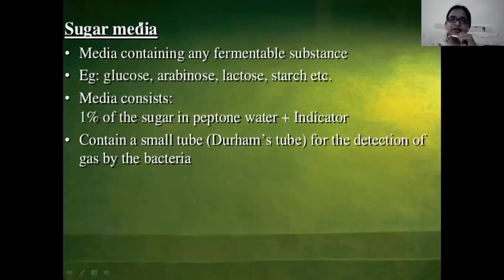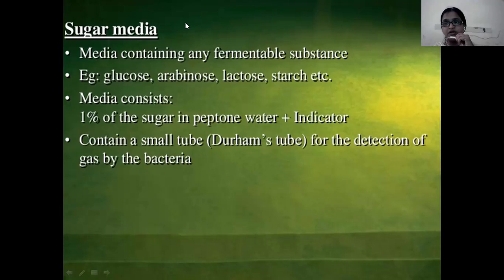Next is sugar media. Here, media containing any fermentable sugar. As the name suggests, we are adding some type of sugar, for example glucose, arabinose, lactose, starch, etc. So if a media contains 1% of the sugar in peptone water plus indicator, and we add the Durham's tube for the detection of gas produced by the bacteria, this type of media is